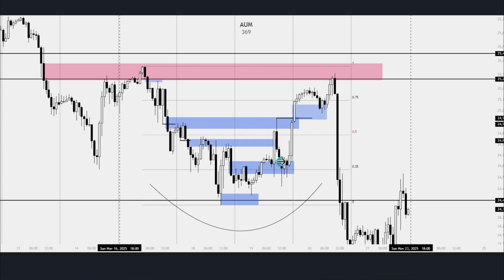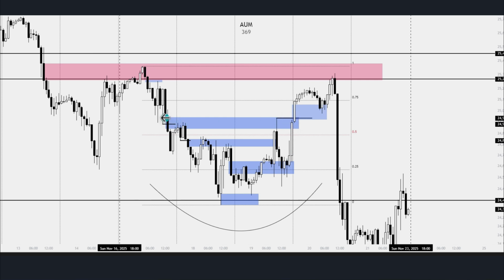Now price moves into this imbalance but doesn't close below it. What that means is price is now ready to go for higher liquidity, which will be this right here, this right here, not this one, this right here, and maybe this right here. But as you can see, price moves upward,